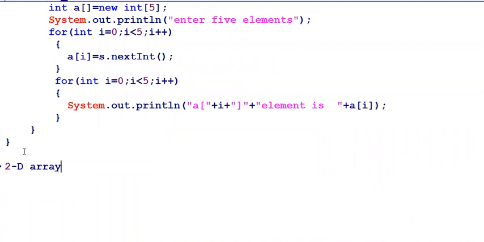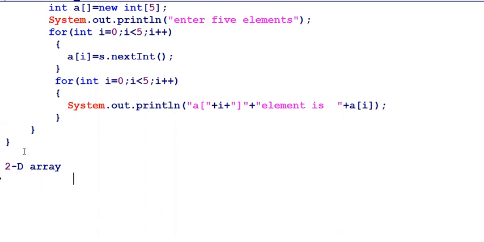So, 2D array declaration. In a two-dimensional array, the array elements will be positioned in terms of rows and columns. Rows and columns means it will be in a table format. The index will be the row followed by the column.